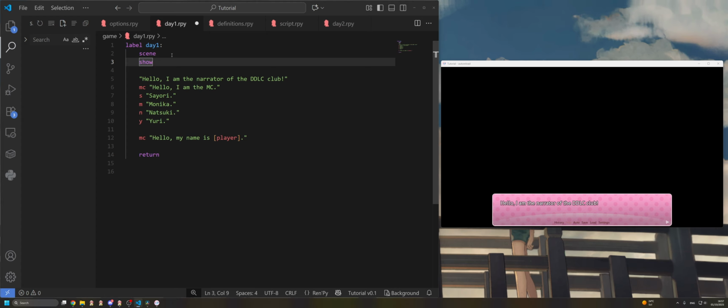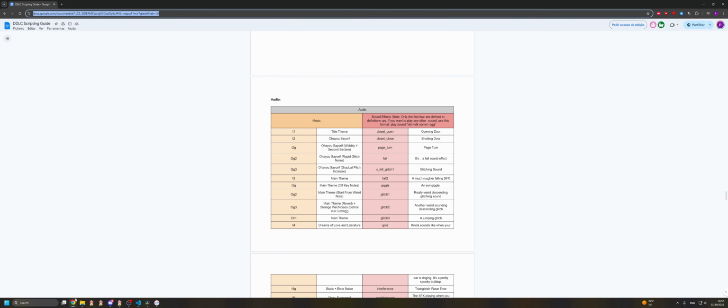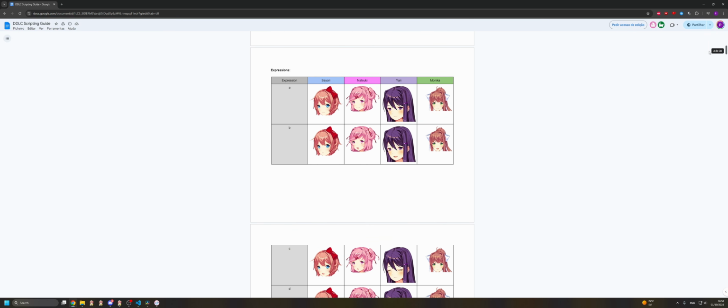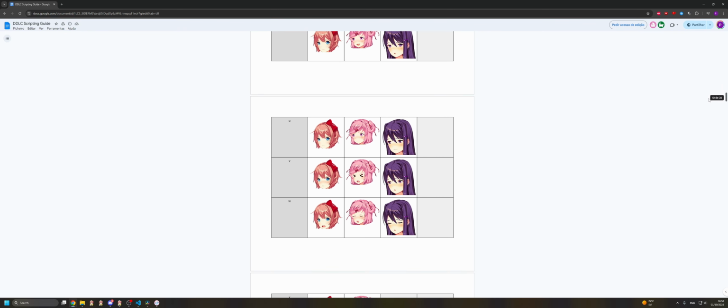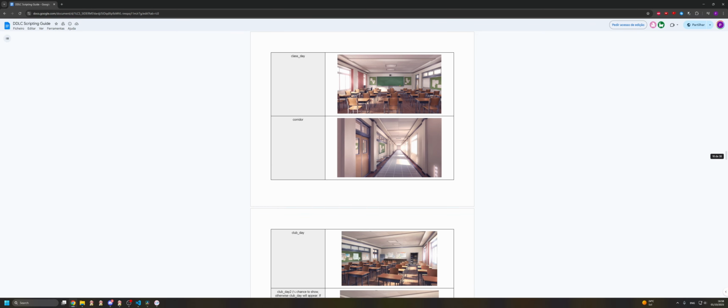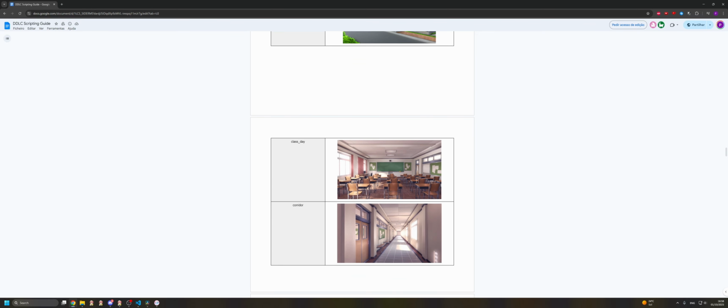So how do we actually choose what backgrounds to show? Well, each background has its own code. And you can find all these codes in a DDLC scripting guide made by Mr. Epic is here. I'm going to leave this in the description as usual. You can ignore the part about the poses and the expressions because we are using MPT, a different system. But just below it, you can find the name of the backgrounds with the corresponding image. So for example, let's do class day. I want to show this class image. I can see that the name is